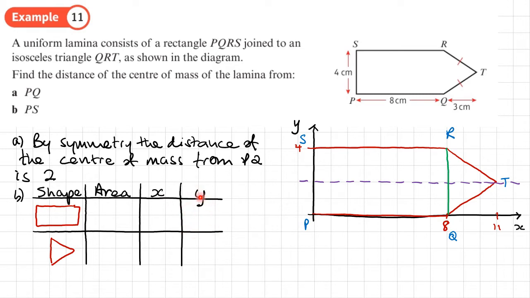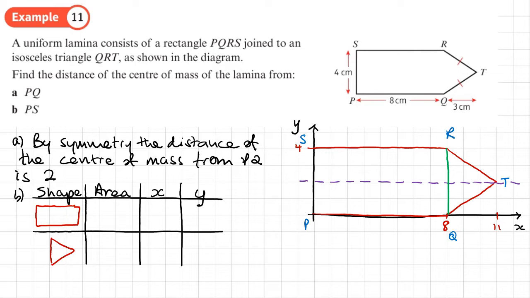Now I've put this column in here. I don't need it because I know by symmetry what the center of mass of the total lamina is in the y direction, so I don't need to do that calculation. But I will put these values in and I will work out the center of mass manually just to confirm that I do get the same answer just by using symmetry. So we'll start with the